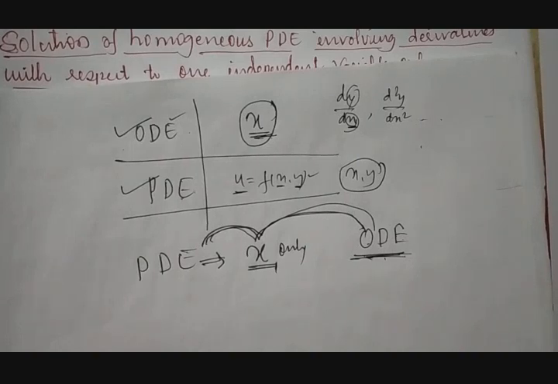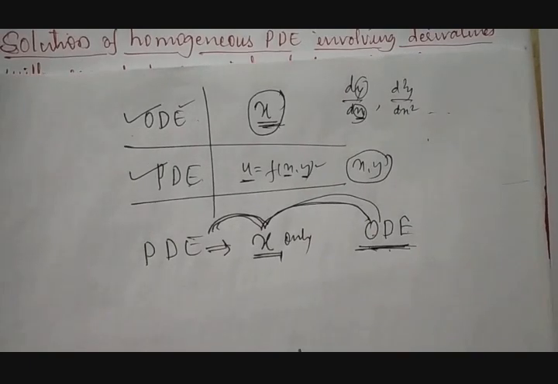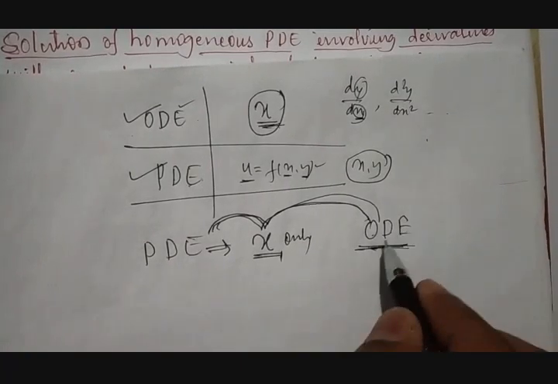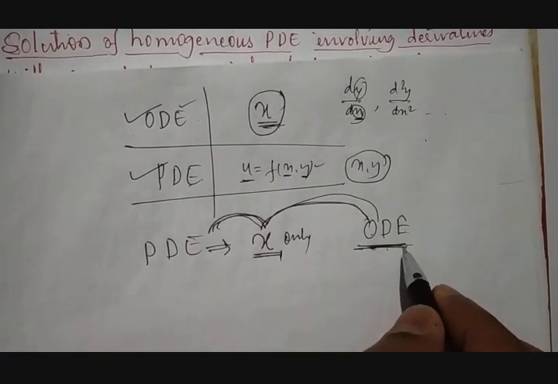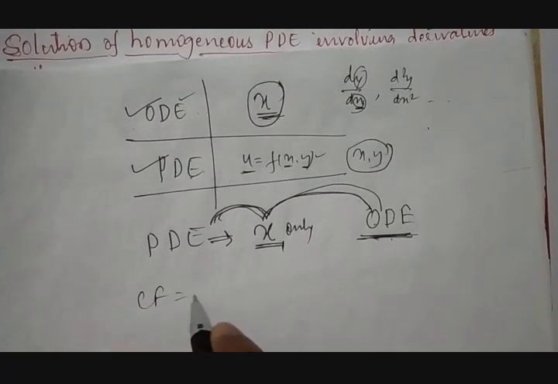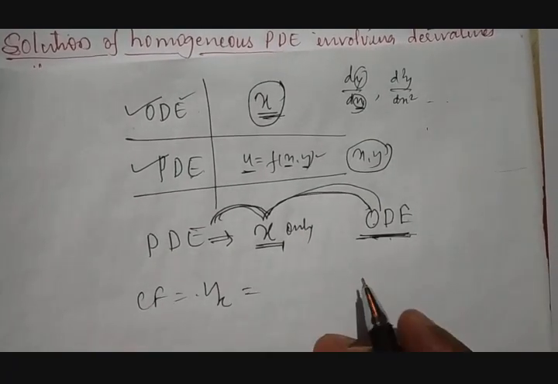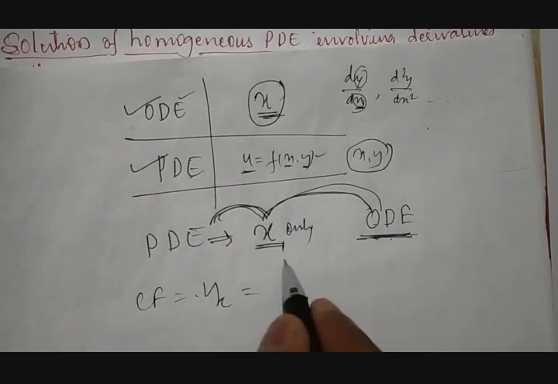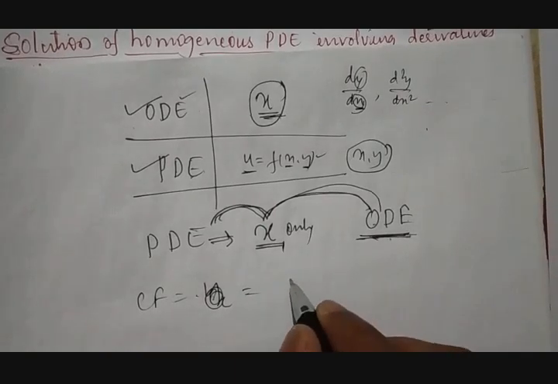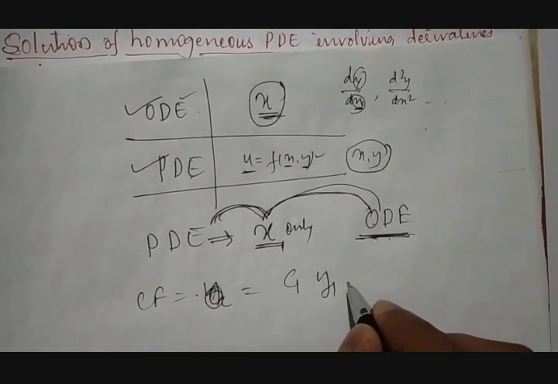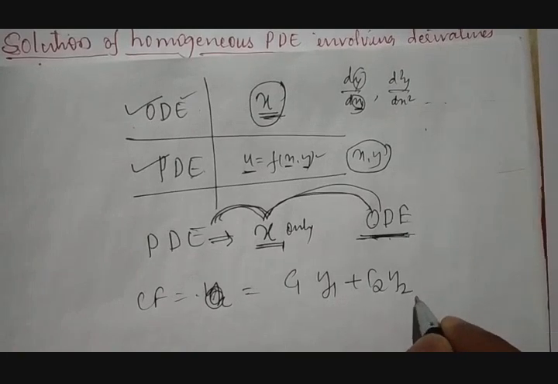How to get a general solution for an ordinary homogeneous differential equation, by calculating the complementary function, that we know. Okay. Here we need to do one thing. When we solve this ordinary differential equation, we will get a complementary function, that is nothing but yc, or else we can take y. It depends on what is the notation of the function. Okay, complementary function. Complementary function will be something like c1 y1 plus c2 y2.